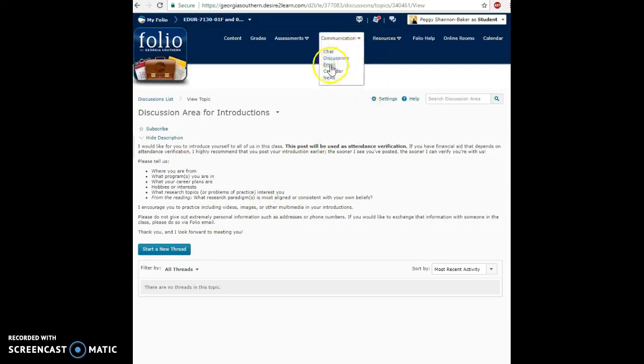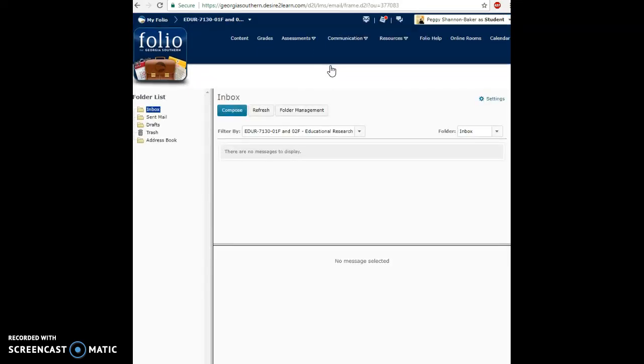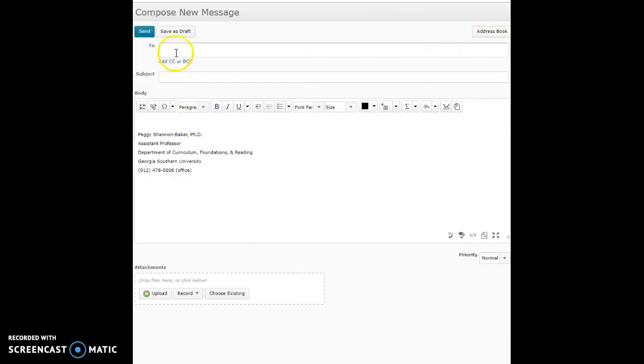Then finally, one important piece of information: once you read the syllabus, you'll notice that I have indicated the best way, the quickest way to get in contact with me with a question about the course is to write me an email, but through Folio. So you can see I've clicked on communication and email, and here you can go into compose. It's popped up in another window, so let me bring it over here. And here you can type in, it's already populating with my name once you start to type in my name, and you'll write a very descriptive subject, something like